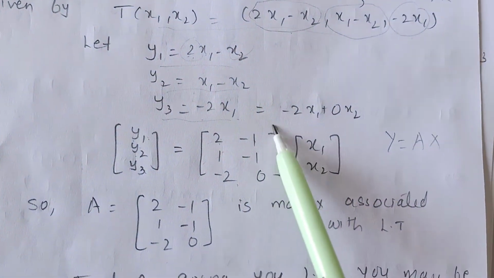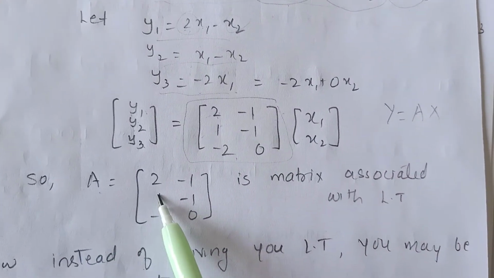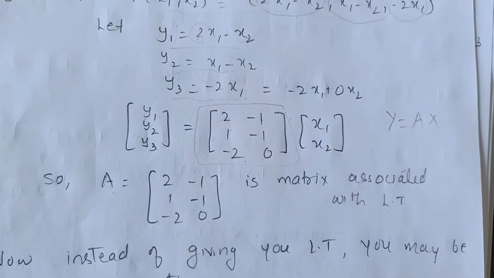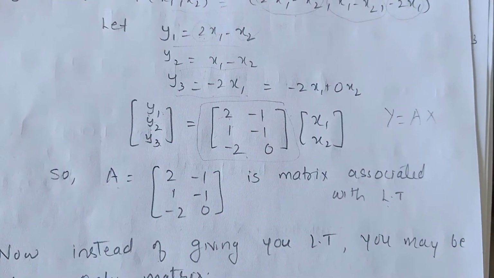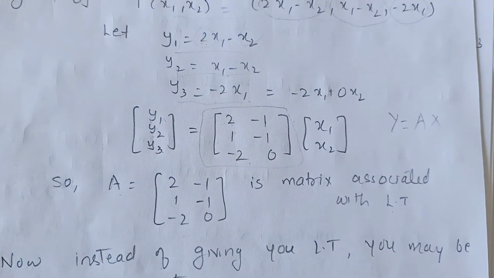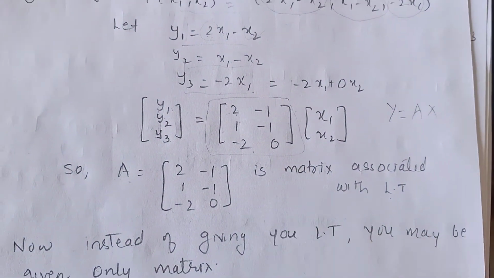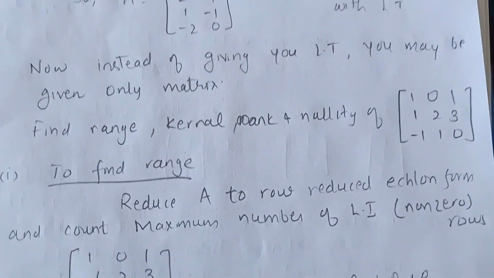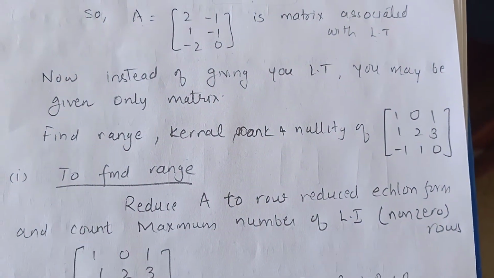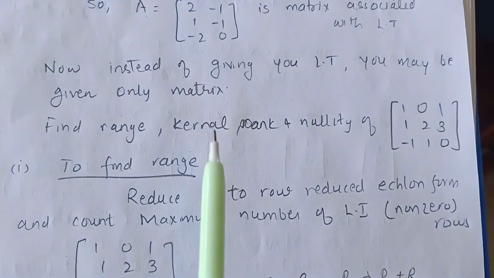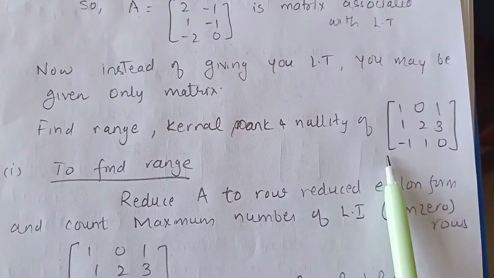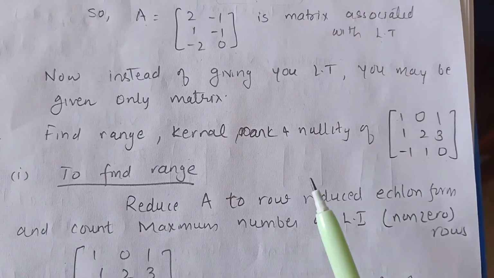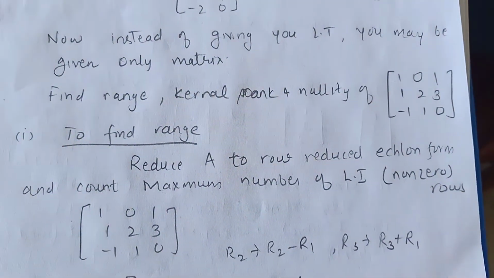Now this matrix A is known as the matrix associated with the given linear transformation. So every property, all the things that you have been doing with the linear transformations till now, you can now do with the matrix. For example, we have been finding the rank-nullity theorem, finding range, rank, nullity, etc. So instead of doing that for a linear transformation, you can do it for this matrix now. Let me show you with an example. This is a matrix, and I will show you how to find its rank, nullity, or range and kernel, all.